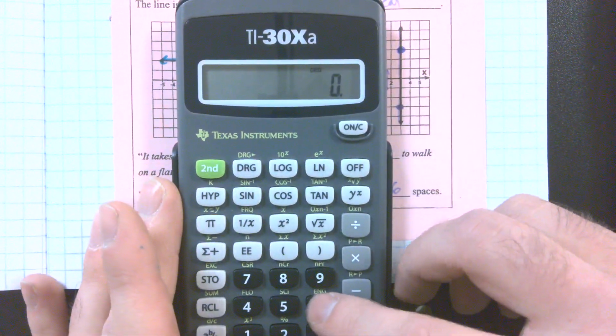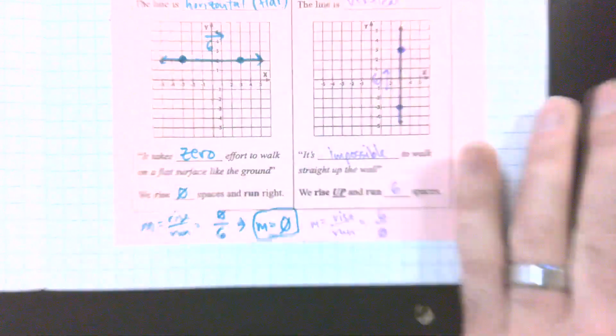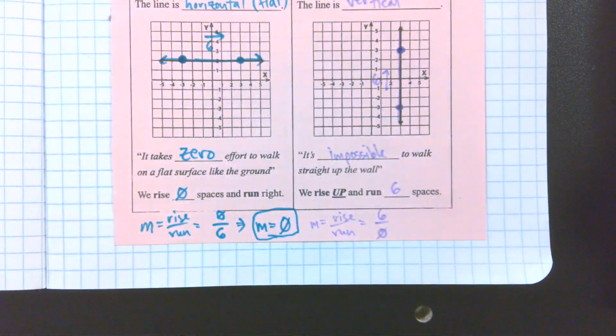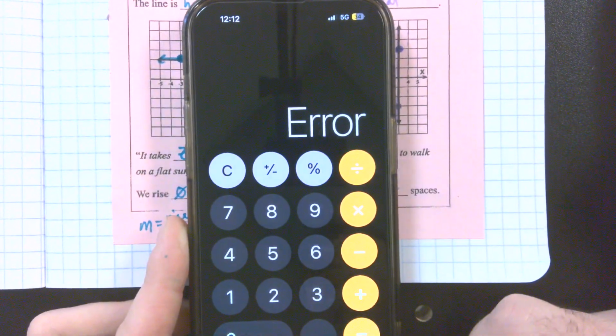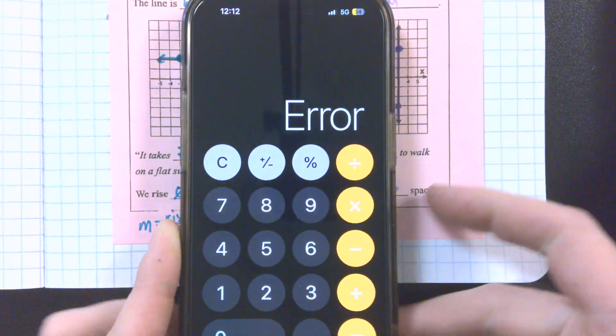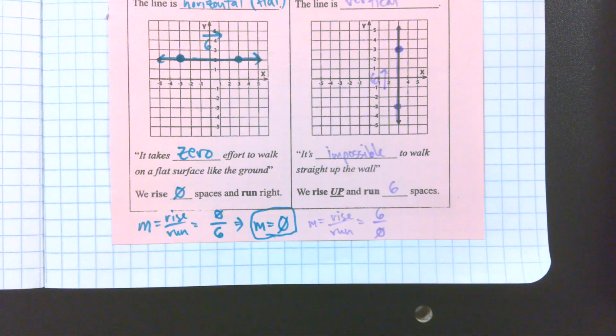So let me do that again. 6 divided by 0 is error. Well, hold on. Let's try because I know my phone wouldn't lie to me. If I do 6 divided by 0 equals, they all say error, okay? The reason why they say error is because we cannot divide by 0, right? Let me put it like this. This fraction